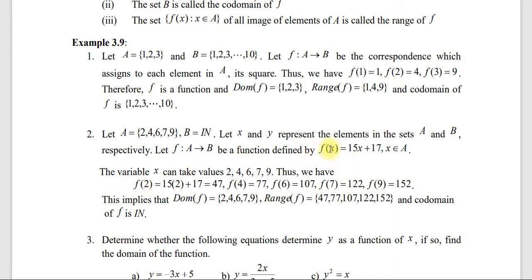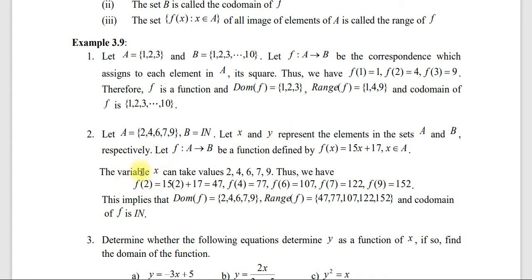ስለዚህ f of x የሚመጣው ቫልዩ የB ኤሌመንት መሆን መቻል አለበት። x ላይ የምንተካው ቁጥር ደግሞ የA ኤሌመንት መሆን አለበት። ስለዚህ 15x ስንል x ላይ የምንተካው ማንን ነው? 2 ነው፣ 4 ነው፣ 6 ነው፣ 7 ነው፣ 9 ነው። ኦኬ y ላይ የምናገኘው ደግሞ ናቹራል ነምበር ነው n ይለናል እዚህ ጋር።